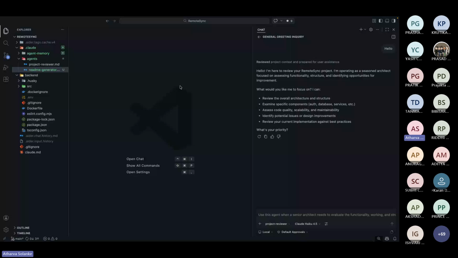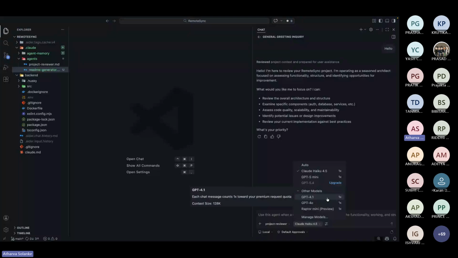So what we are doing over here, if you see in Copilot, we have different models, right? We have GPT 4.1, we have GPT 4.0, and all that kind of stuff. But these models are deployed on the cloud. So whenever you use them, you can see that